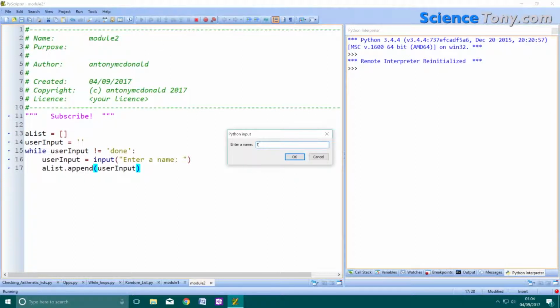So I pop a name in and another one, and then done, and it stops. So if we want to set some more conditions to this, so there's a limit to how many people we can put in the list,